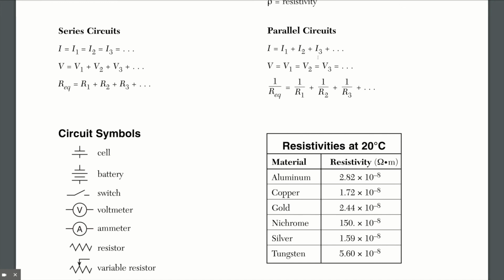Now, it's very different in the situation of a parallel circuit. In a parallel circuit, if we go first down here to the voltage, you'll notice in this one, the total voltage is the same as the voltage across the first light bulb, and it's the same as the voltage across the second and the third light bulbs. All the voltages, no matter where you measure the voltage across the resistor or across the entire circuit, it's going